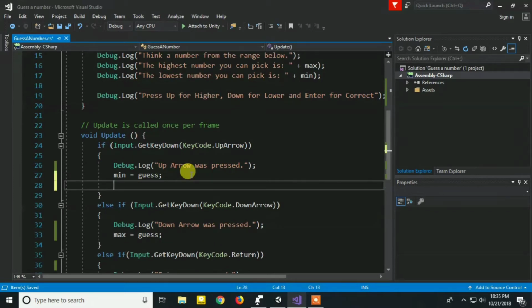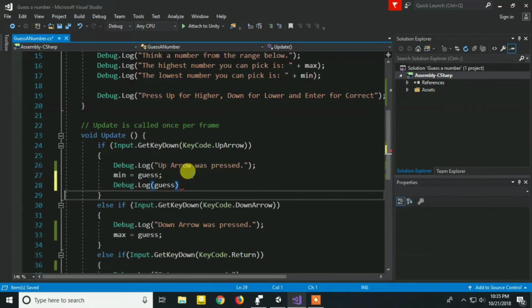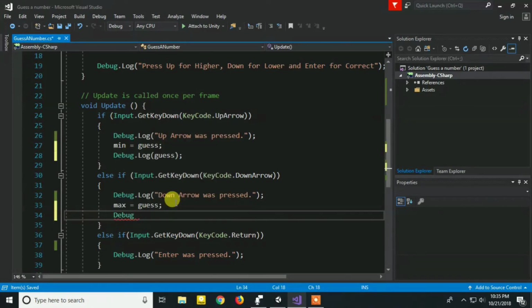Okay, now to print our guess value to the console, we'll write a statement Debug.Log and guess. Do the same for the down arrow.